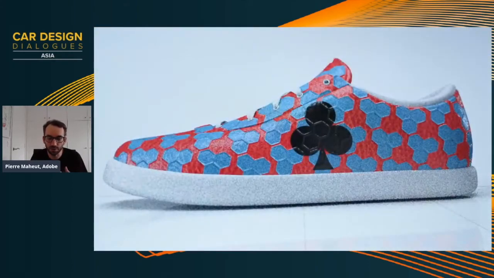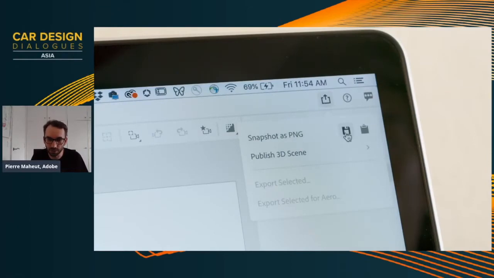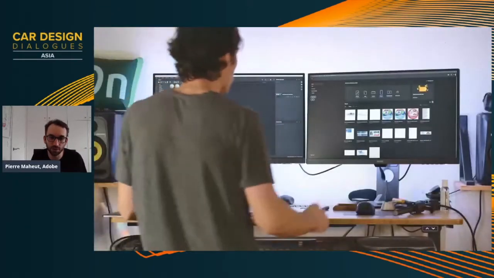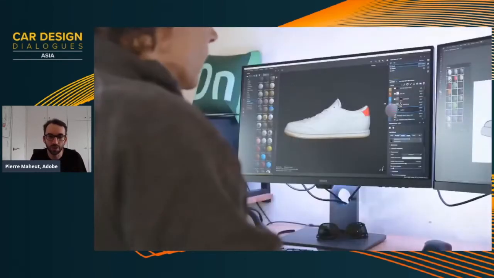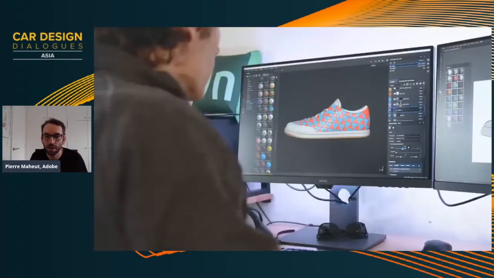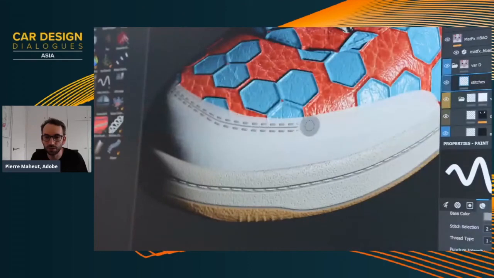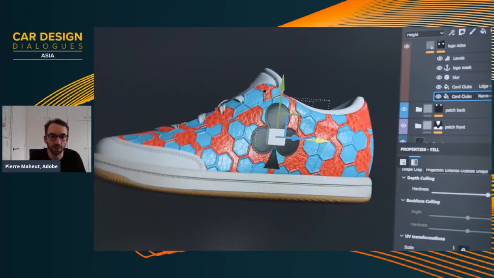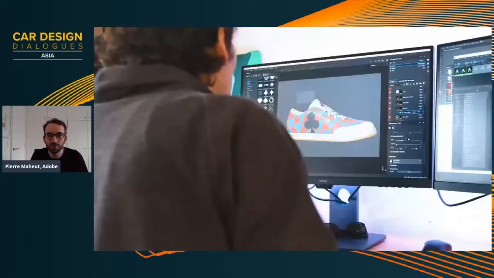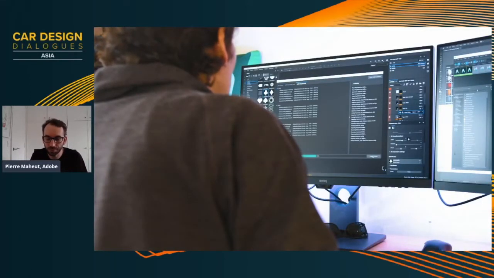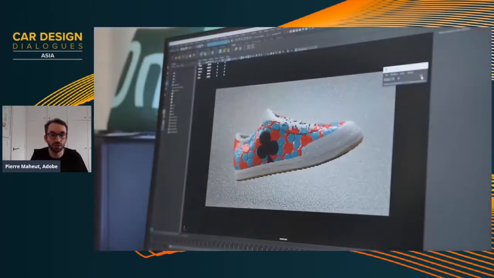As soon as you have created a digital sample in Sampler, then it's ready to be used in any kind of 3D tools. So same way in Substance Painter, for instance, here, what Justin is doing, adding stitches, adding decals, adding all that. And out of Sampler and out of Painter, you can export it to use it in Maya, for instance.